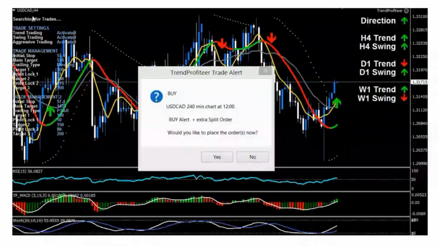So if you're stalking a pair and want to get into it, and you're going to work, going out, or sleeping, or generally unavailable, you can make sure you never miss a trade opportunity. Personally, I suggest you don't have it on autonomous trading, or as I nickname it, Skynet, all the time. But with Profiteer, you have the full flexibility to switch it on or switch it off and trade the way